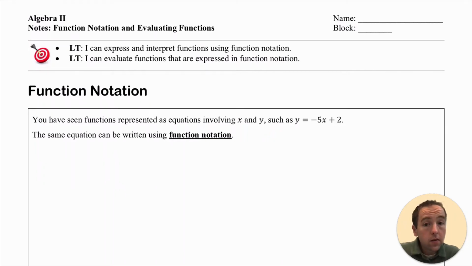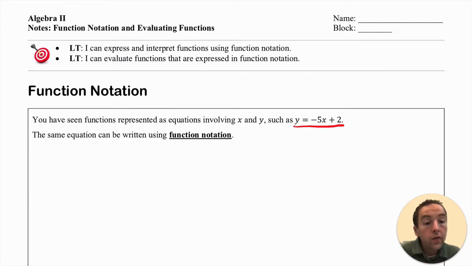We know that functions are relations where the inputs and outputs are connected such that each input maps to exactly one output. Whenever we're working with such functions, there's some language and notation that we use that is called function notation that really helps us to organize and make some interpretations about the functions with which we are working. So to exemplify this, I want to use this example right here, this relation between x and y, defined by